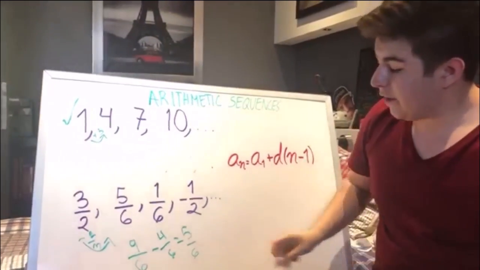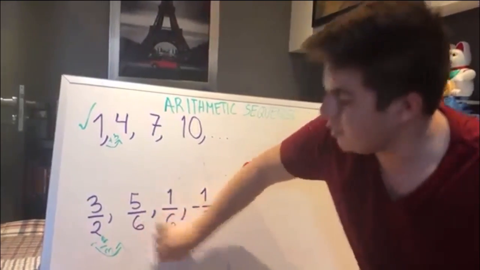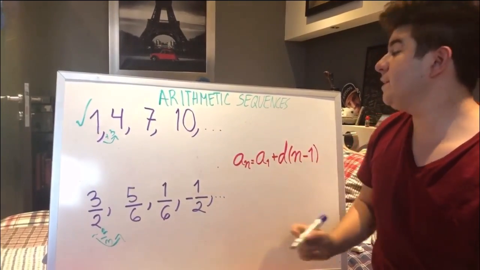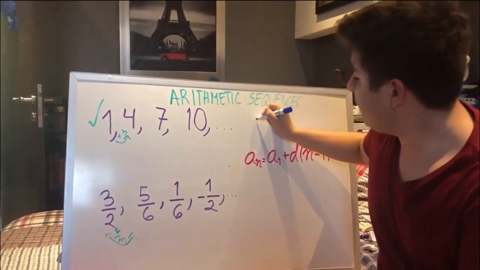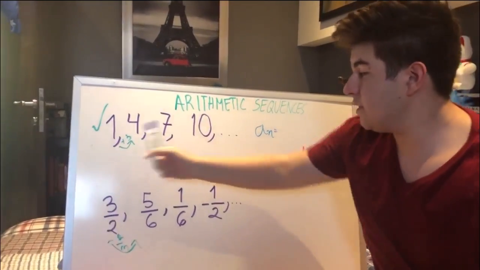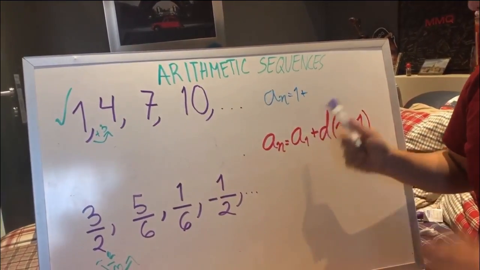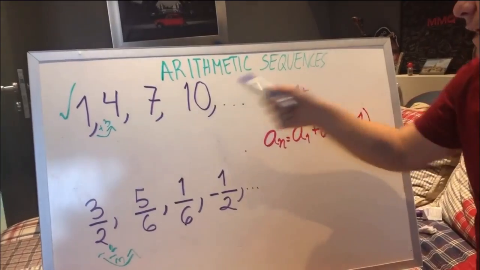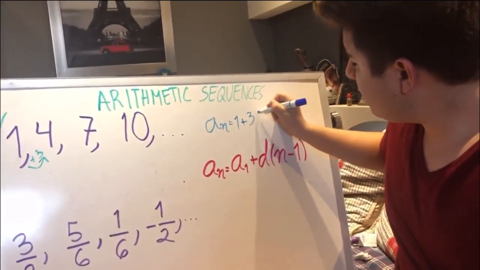So now that we know that, we're going to find the nth term of each sequence. If we want to find the 11th term of the first sequence, we have to use this formula. To do that, we have to write the nth term equals the first term, which in this case is 1, plus the number that we're adding subsequently in each of the terms. In this case, it would be 3. So, plus 3